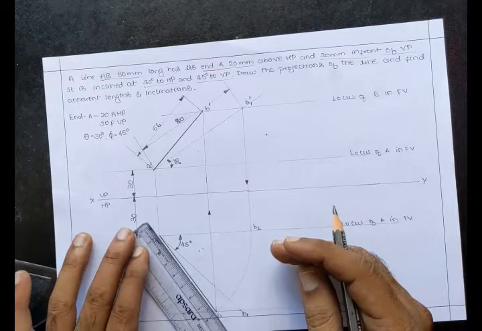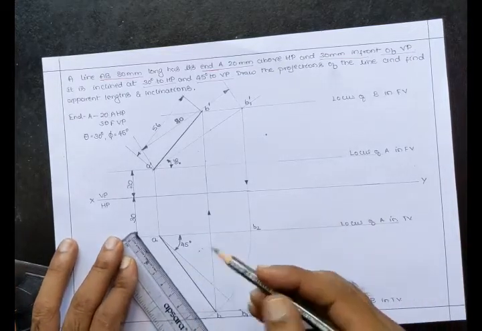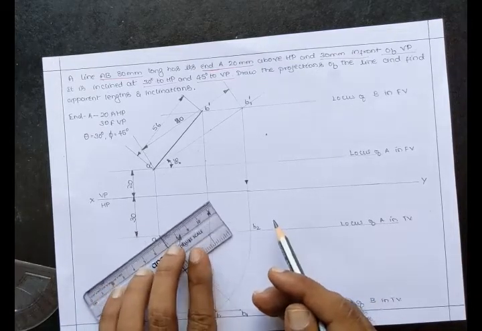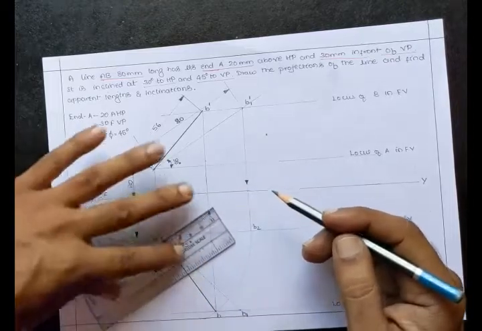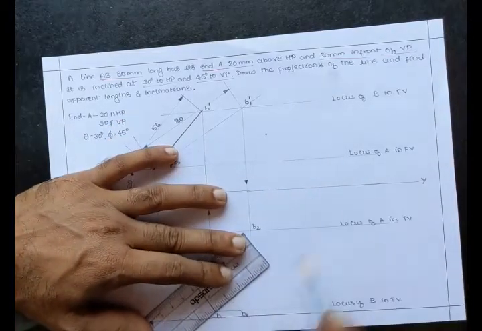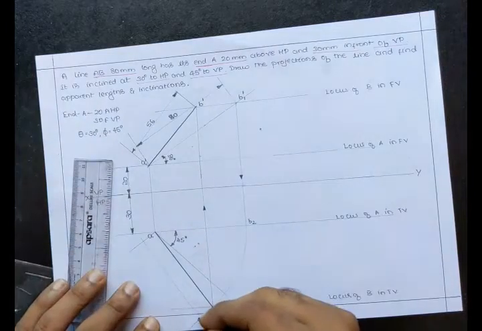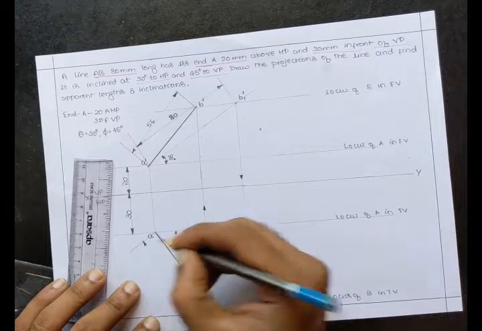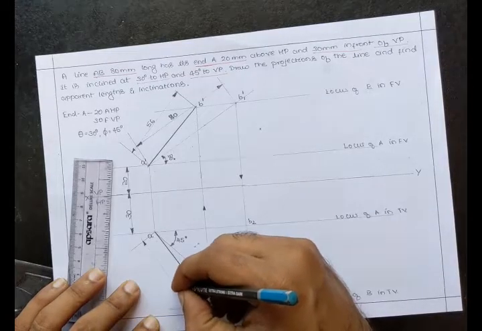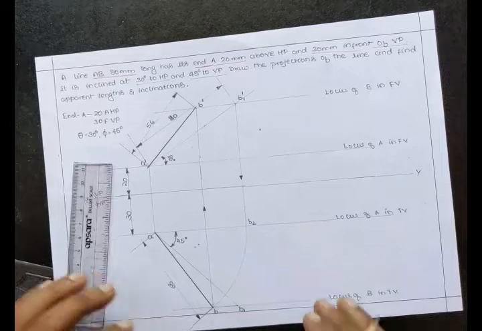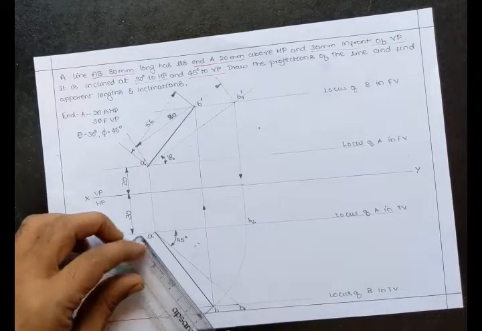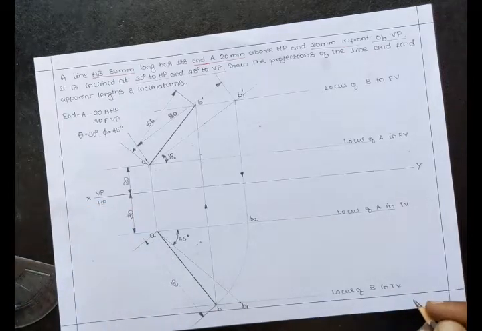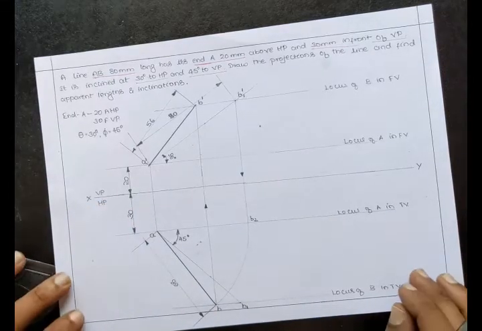Let me dimension it parallel to that, somewhere else here. I hope it is parallel now. Let me draw the extension lines. Now I can dimension the line. It is 68 millimeters. Don't write millimeter every time, it is understood. The dimensions we are using are millimeters only. This is the solution for the given problem.